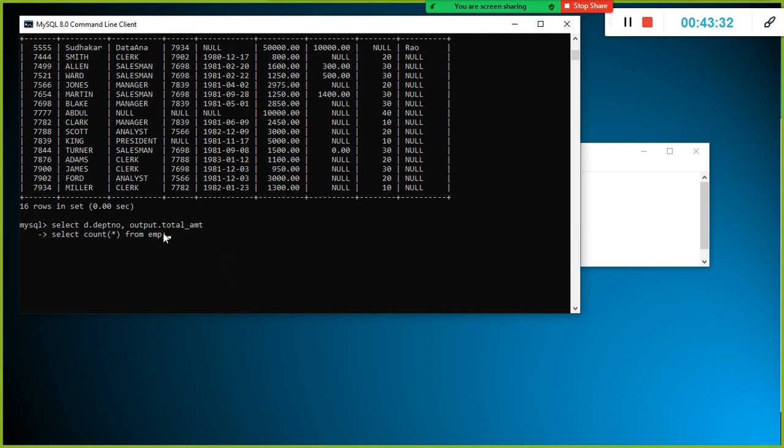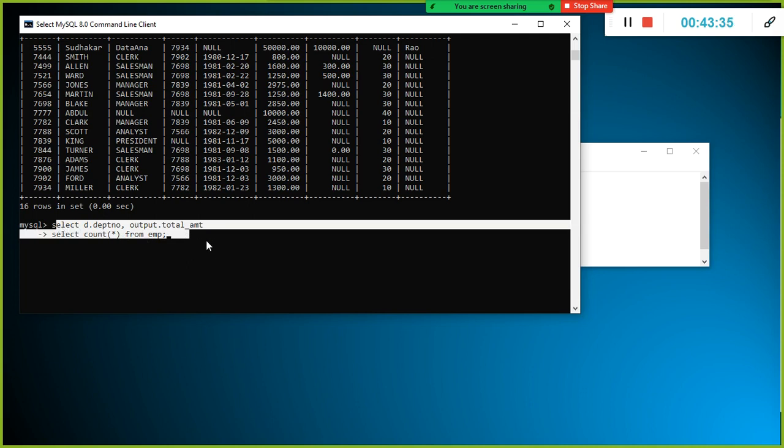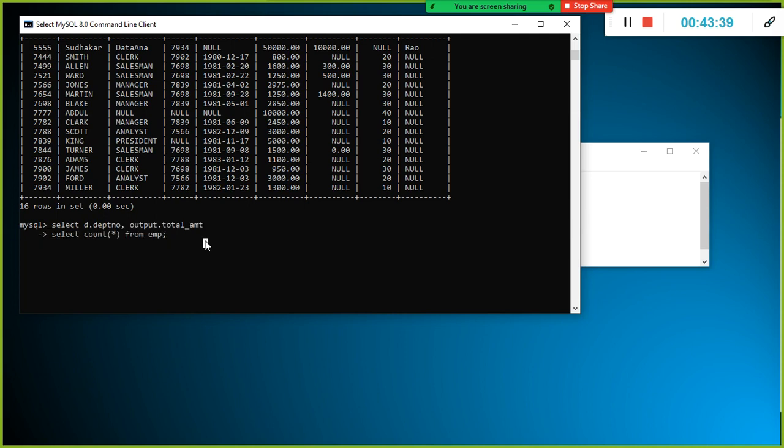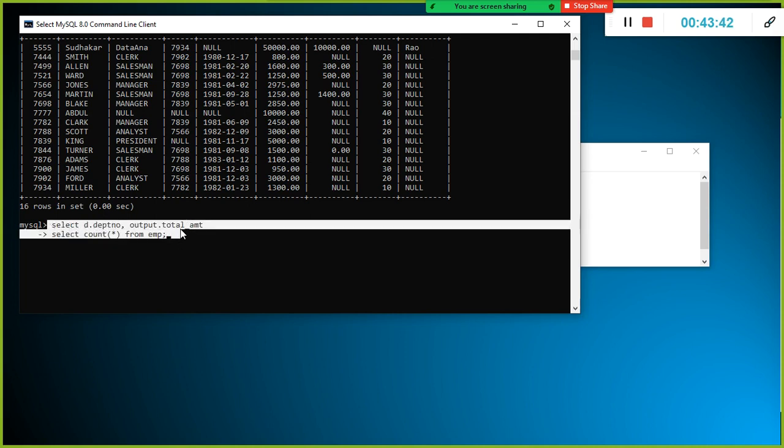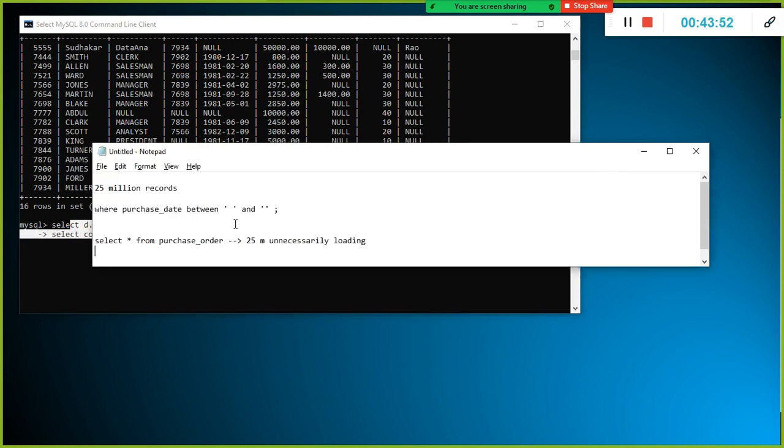It is also advisable, when you retrieve the data from the source system itself, to filter it, whether it's an Excel file or whatever it may be. Especially in the case of a database, the direct query option is available. In direct query, you can specify the condition there itself, so that when you import the data, instead of 25 million records, you get only what you need. Let's say we are interested in filtering between October and November, which has hardly 1 million records.